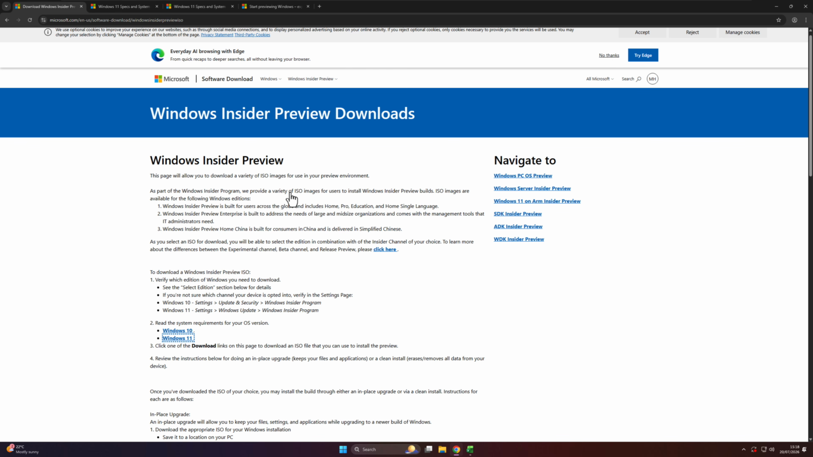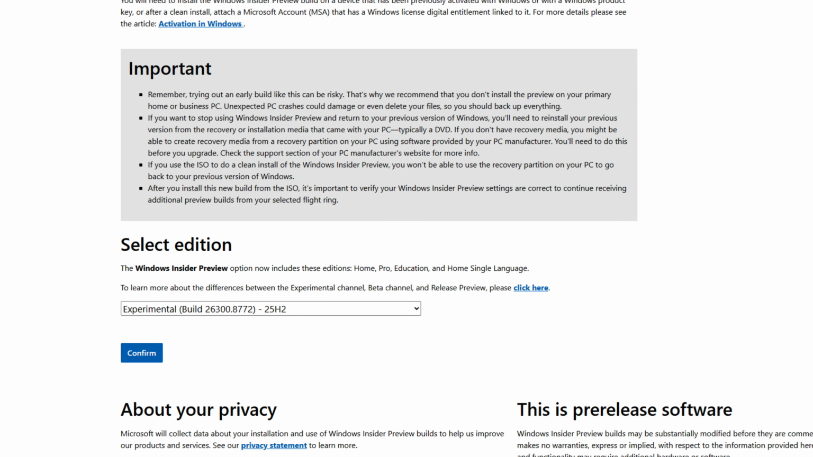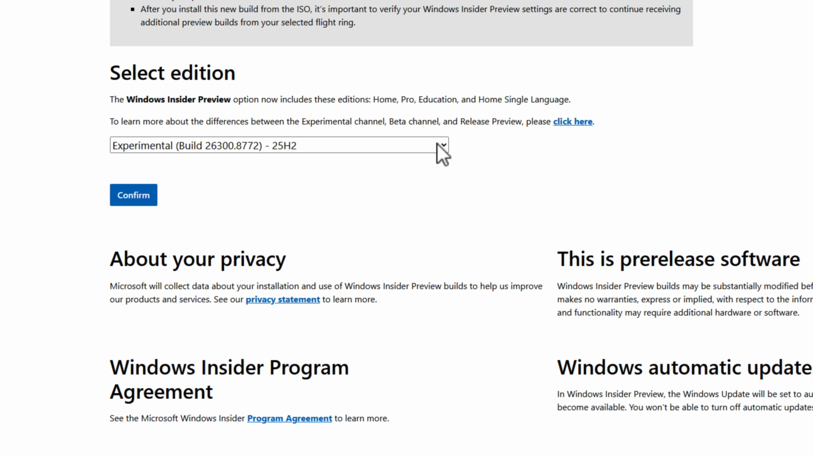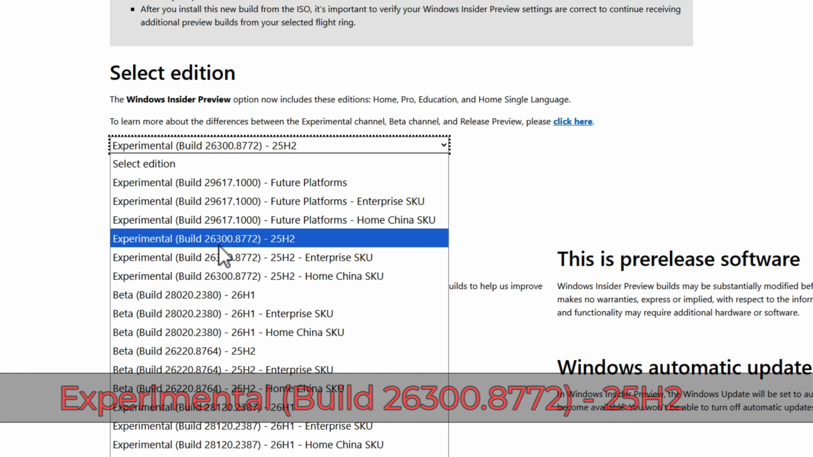Now, jumping back to the Windows Insider preview downloads, if we scroll down to the very bottom of this page, you'll see it says select edition, and this is where you can select the edition of Windows 11 that you want to download. Currently, Microsoft has released 26H2, but strangely enough, they've named it 25H2. So this is the build that you want for 26H2, which is